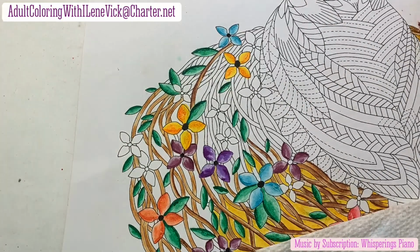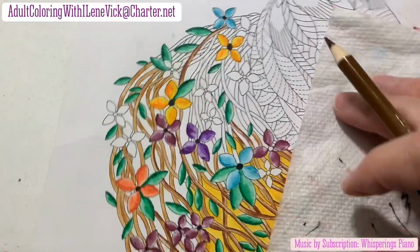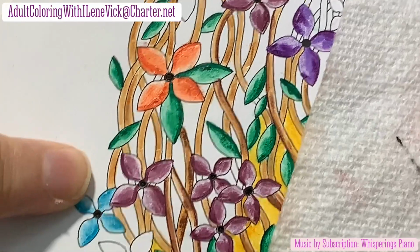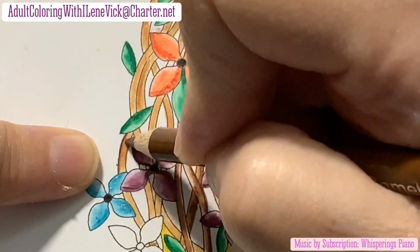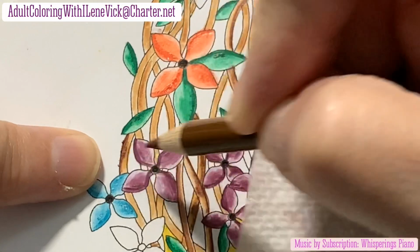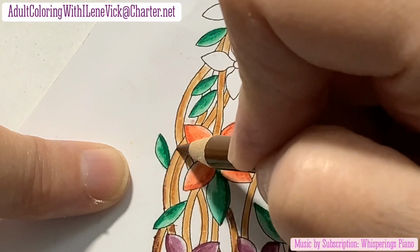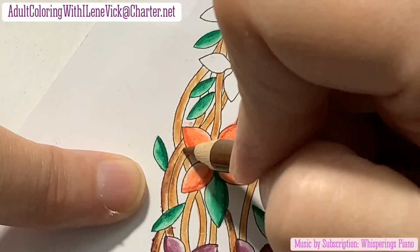All right, so now I'm going to take my darker brown pencil, and you have to have a super sharp point. And what I'm going to be doing, let me zoom in, is watch with the dark. So now I'm going to just outline the edge and then come in just a little bit lighter. Okay. So outline the edge, come in a little bit darker in one of the areas, and